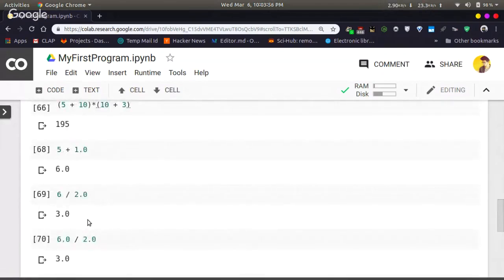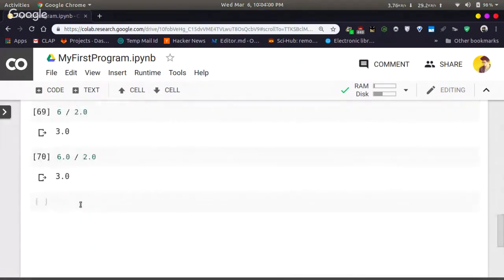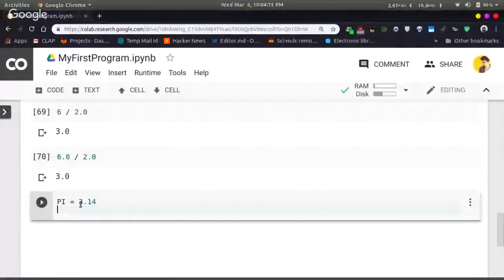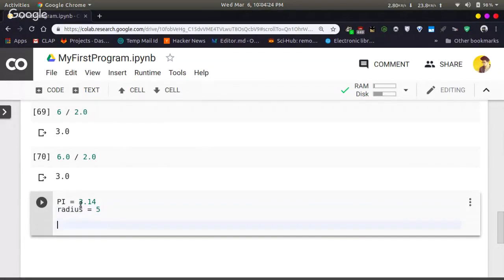What if you have two expressions assigned to two different variables? Let's say you have to compute the area of a circle. You know the equation is pi r square. I will define a constant pi as 3.14 and radius equal to 5. So how can I compute the area?